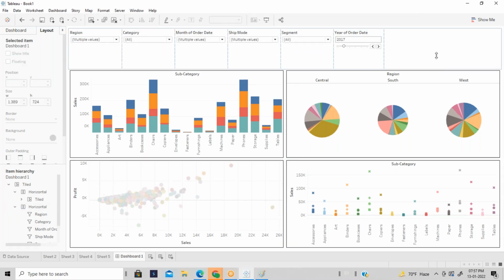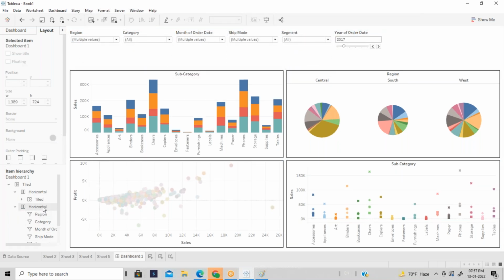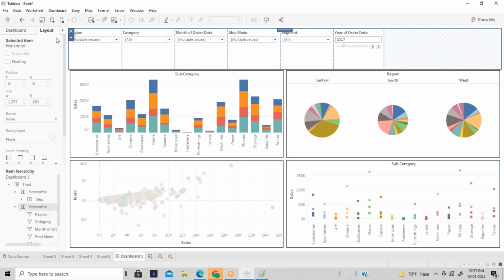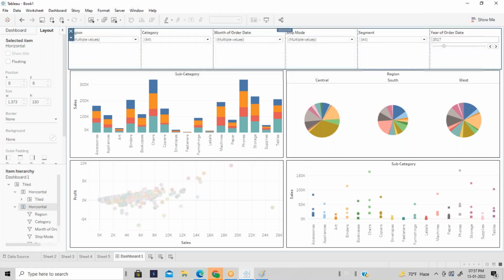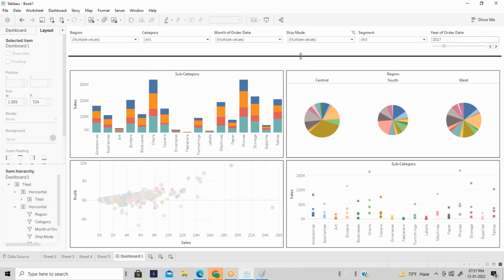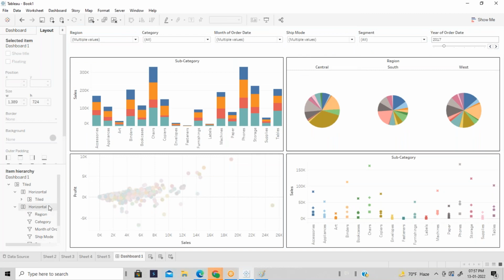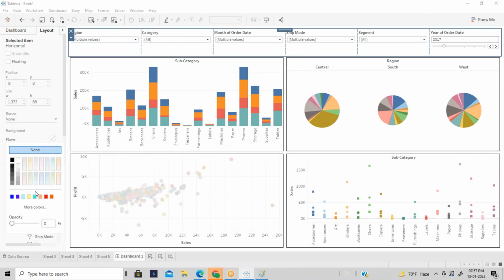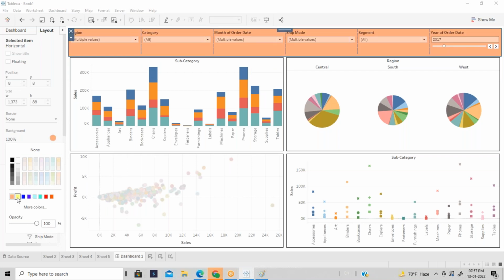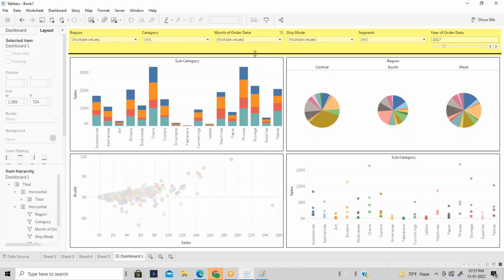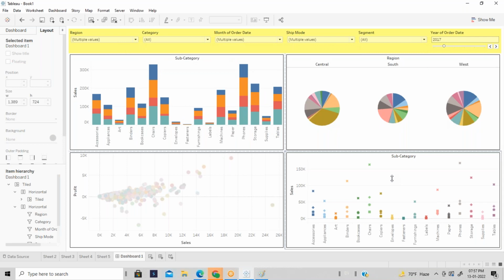Okay. Now I want to distribute this list. I mean, there is just some space, right? So go here, distribute content evenly. That means automatically it will adjust all the sizes. See, when I click here, you'll see this. So all the list of filters is coming on the top. Then let's have some different background color together. Looks okay now?